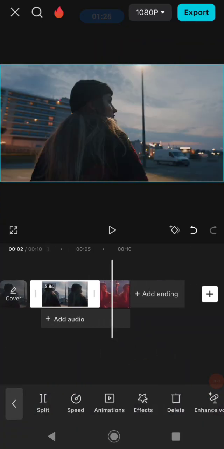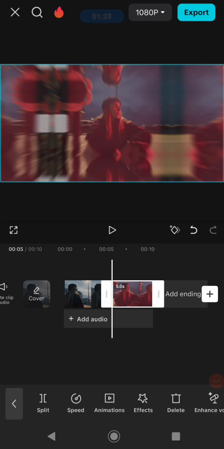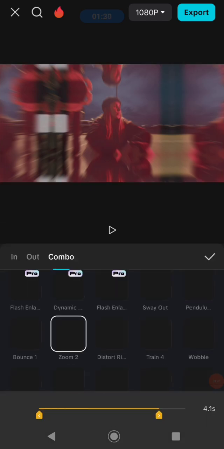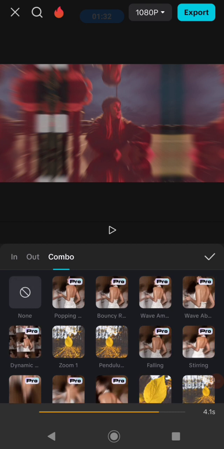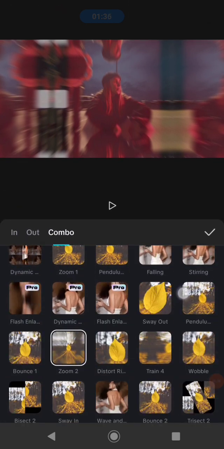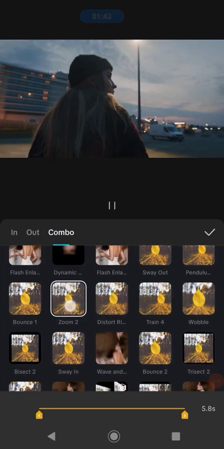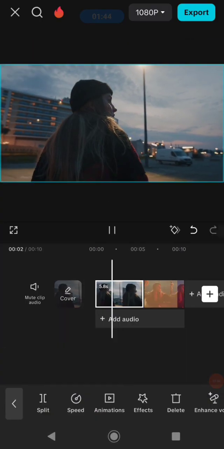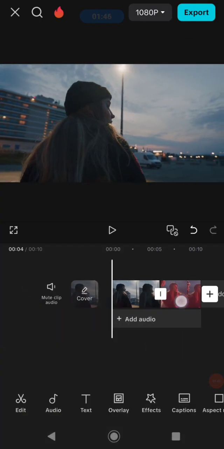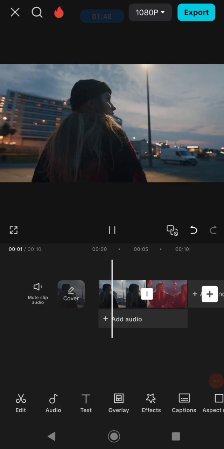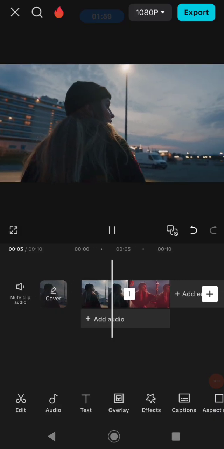And on the second clip, same as the first clip, you need to add an animation, this one, by clicking it. On the first clip we're using zoom 1, but on the second clip we need to use this zoom 2, this one. And after that, same as before, check it. And now this is the result when you have already added animation onto your clip